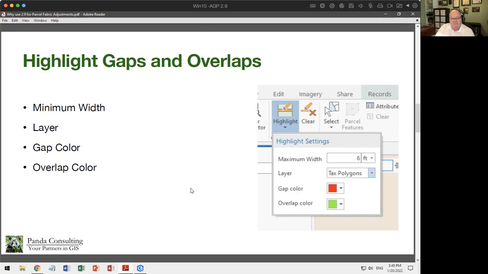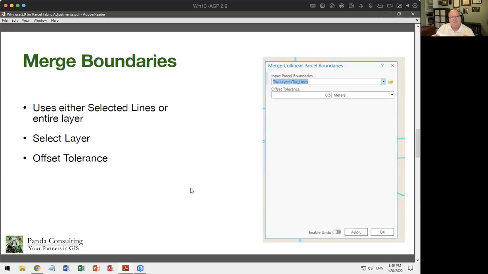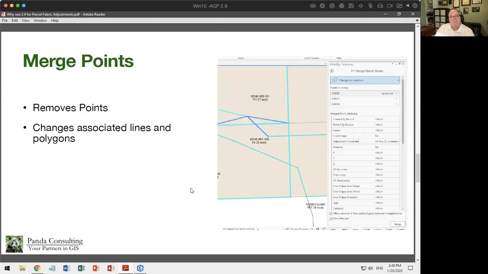Highlight gaps and overlaps is analyzing the actual features and how they relate to one another on a single layer. The merge boundaries is looking at vertices on a line and allows you to correct those vertices on that line. Merge points is looking at the actual points and allowing you to define how they're supposed to be fit together. You can merge points